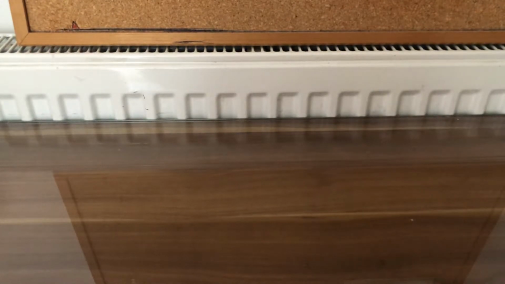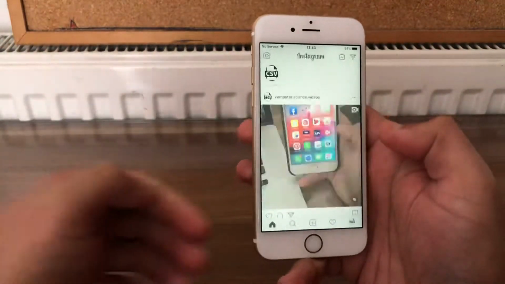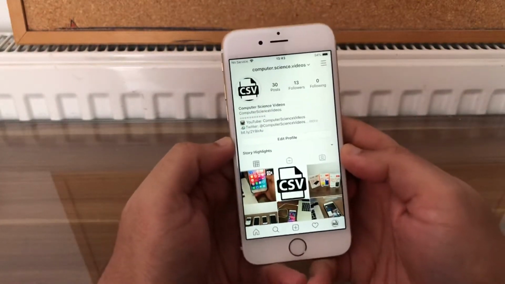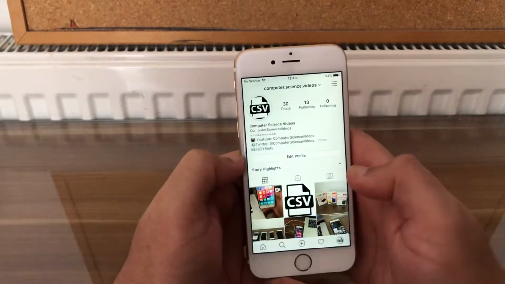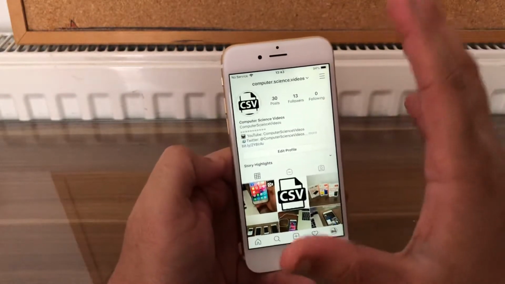So in this tutorial, you need to have access to an iPhone and an Instagram account. So we can now go all the way to the iPhone itself. Go to Instagram, click on Instagram, make sure you're signed into the account, go to your profile, and then go to IG stories. If you haven't posted a story, go to the previous tutorials to see how that's done,